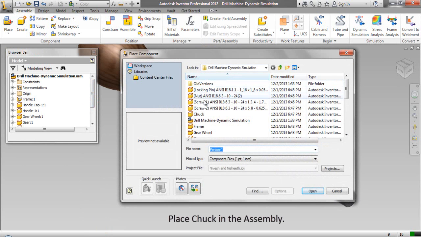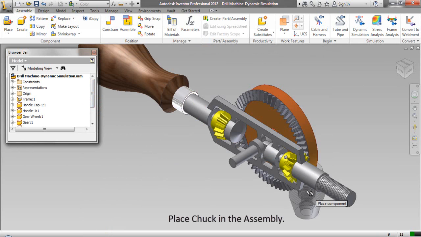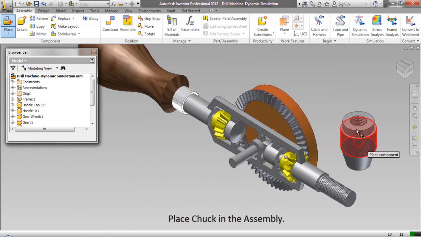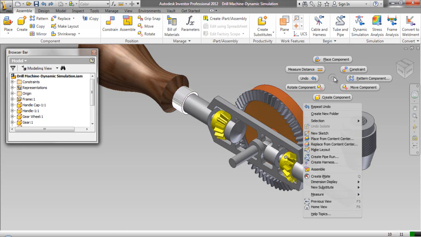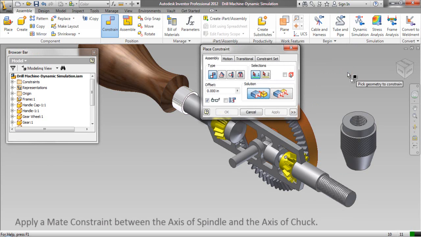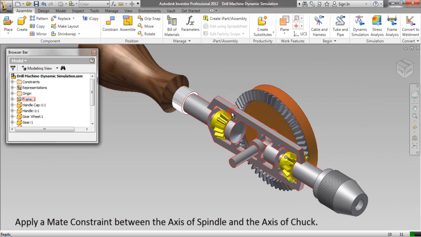Place chuck in the assembly. Apply a mate constraint between the axis of spindle and the axis of chuck.